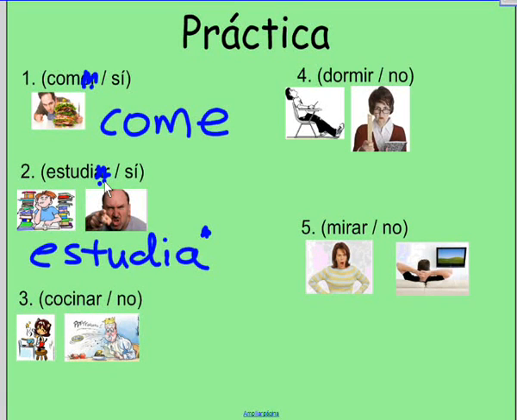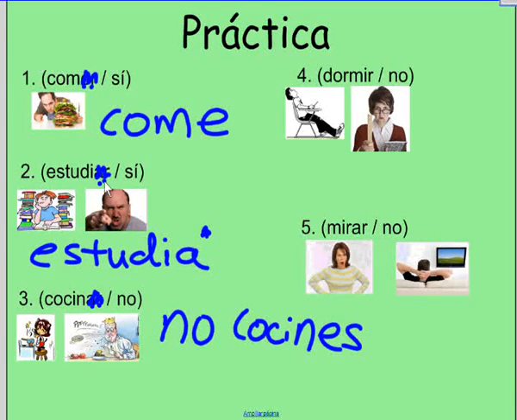Number 3, cocinar, no, so telling someone do not cook. You take cocinar, and we're telling them not to do it, so no is the first thing. And then with the verb, take out the last two letters, left with the stem, cocin. Now it's a negative command, so we use these new endings. For an AR verb, it's es, no cocines, don't cook. Number 4, we have